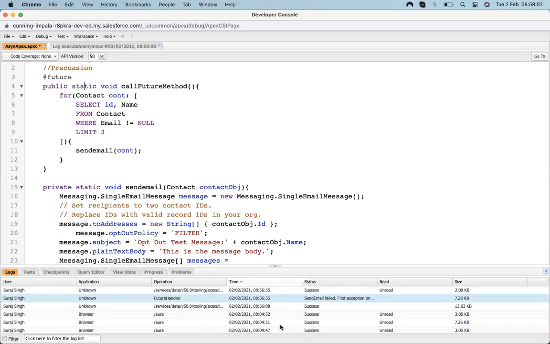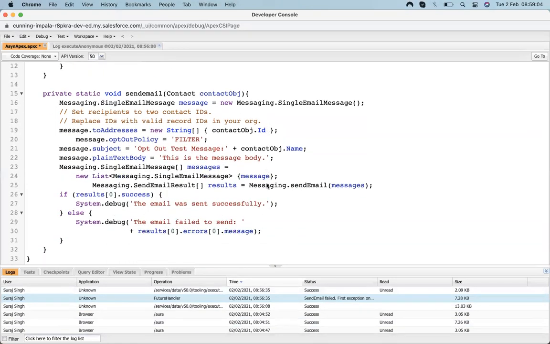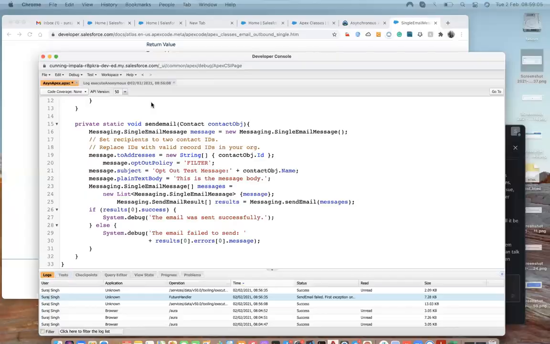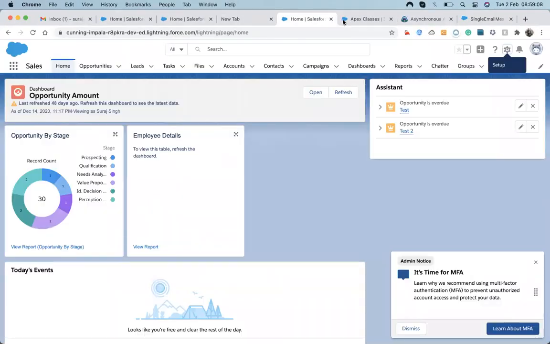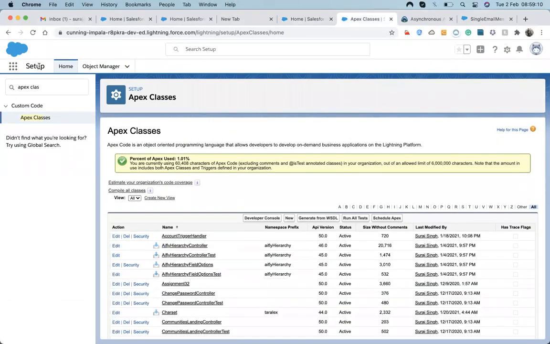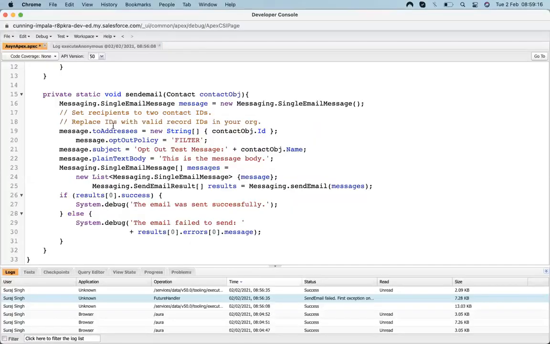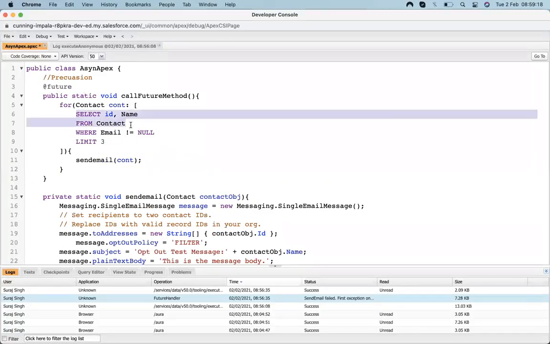And the issue is this error. Let me look at this error. Might be. Let me look at the contact. Does the error come on both of them, right?